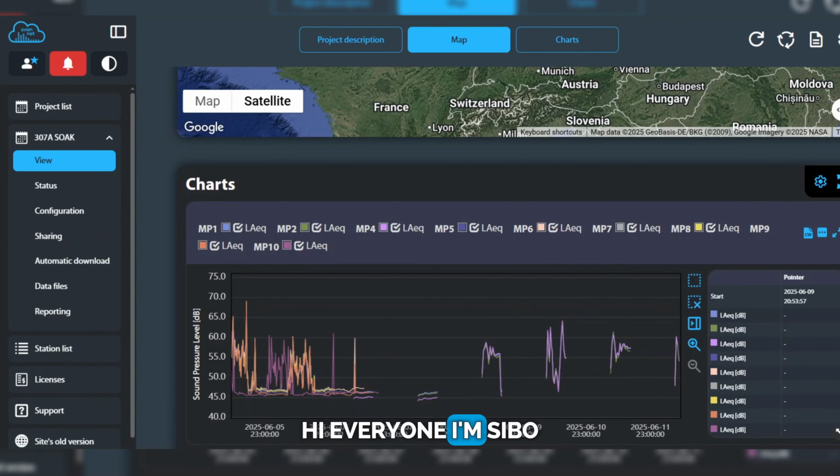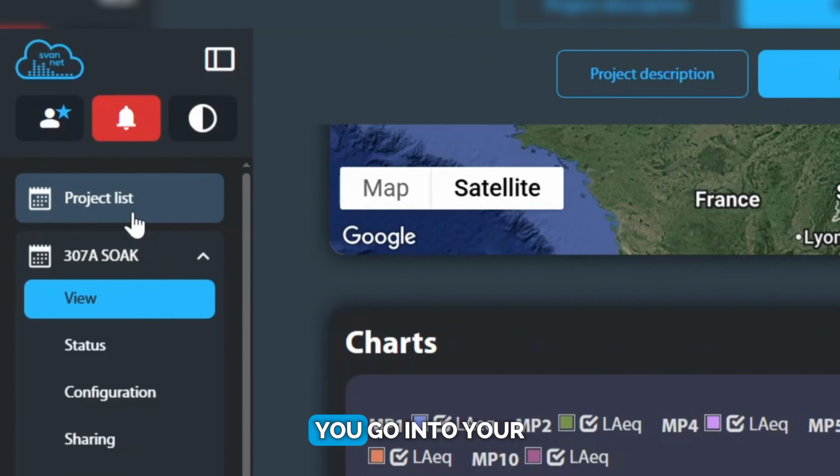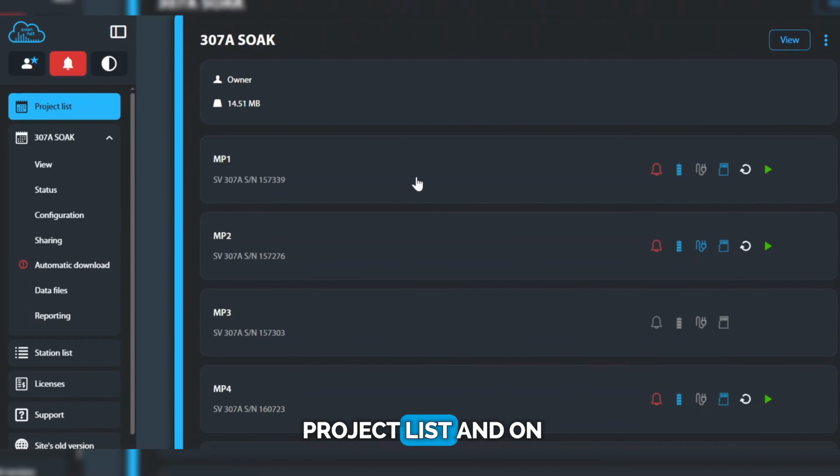Hi everyone, I'm Sibo, and today we're going to take a look at how you move your stations from one project to another once you have a station that has completed a project and you need to go on to another. So first, you log into SvanNET, you go into your project list,